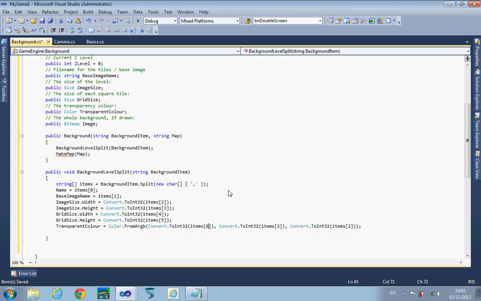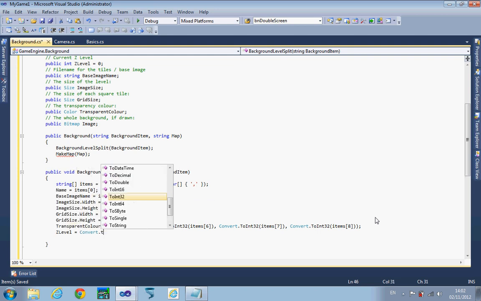One thing that's really quite useful, because I'm going to be building a level editor as well, is having the ability to turn it back into the same string that we've just split up. So what I'm going to do next, I'm going to actually create a function